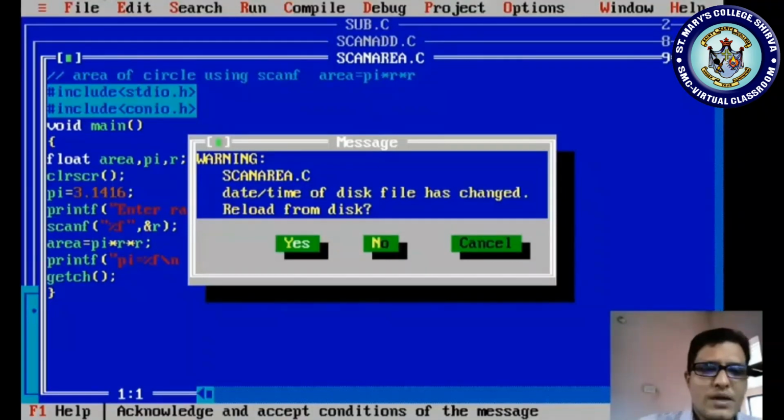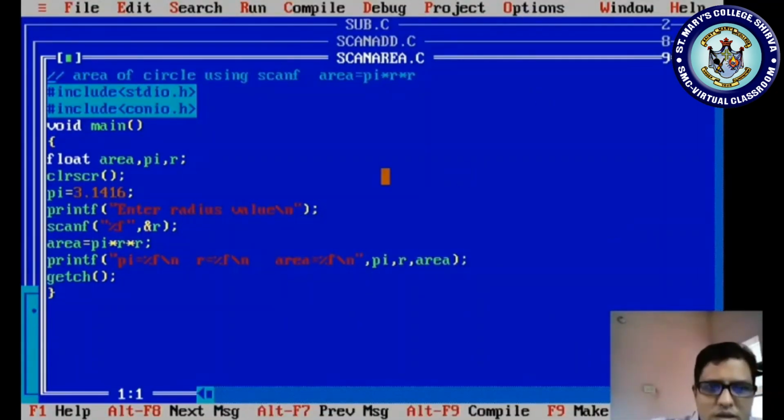Sometimes it may happen. This is not your mistake. Sometimes it is a compiler's mistake. While accepting it is showing correct output, but here it is not showing correct output. Pi or area is showing correct. Anyhow, sometimes it happens. You don't bother about it.